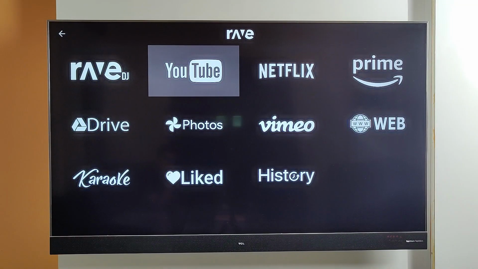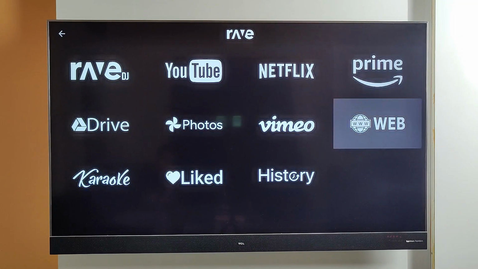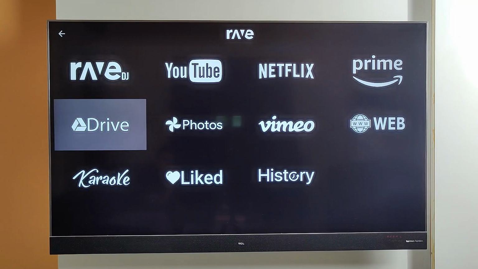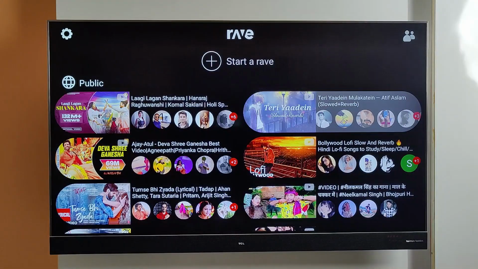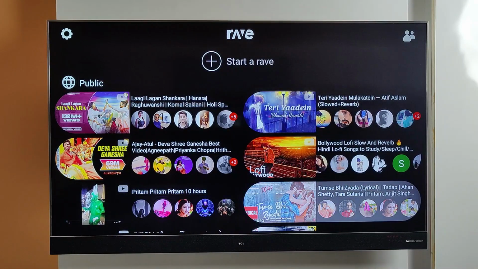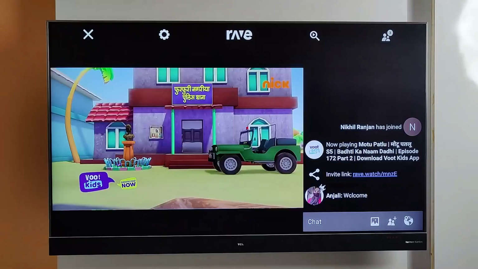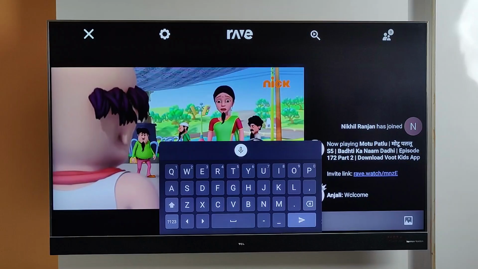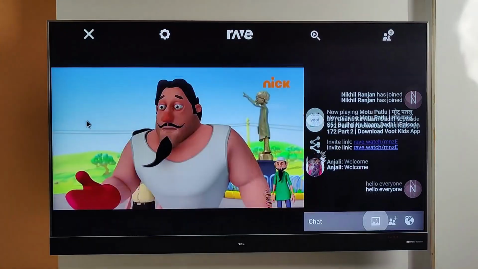In this pandemic situation, are you missing all the fun of watching movies and TV series with your friends and family? What if you get to watch a video on your individual screen but at completely remote locations? And if you are looking for such an application, then Rave will help you to share and enjoy such moments. The Rave application supports videos from YouTube, Netflix, Reddit, Google Drive and also random videos across the web. As you log in to the application, you can find a few public channels that you can join and enjoy watching with random people. You can start chatting with them, share photos or also add your friends to watch together.